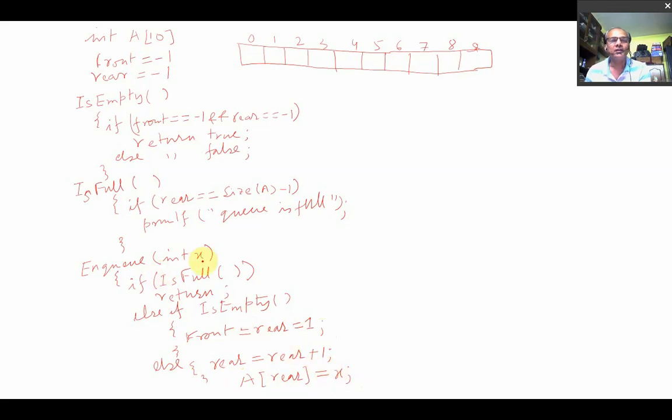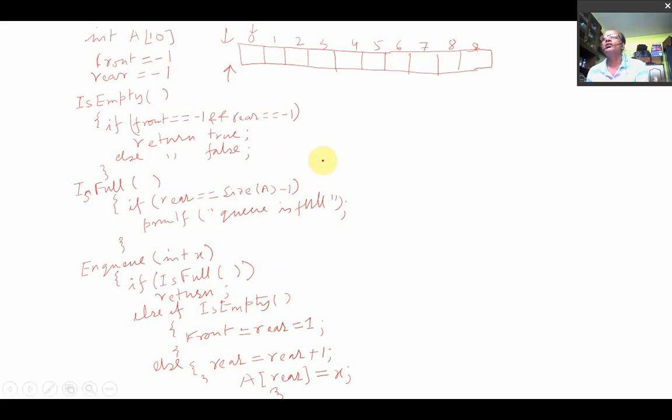That means if the queue is empty, there is no position of -1, so you have to increment both front and rear, go to this address and insert that element. If the queue is not full and also not empty, then rear is incremented by rear plus 1, as I have told already, and at that very position x will be inserted here. So this is the NQ operation, right?